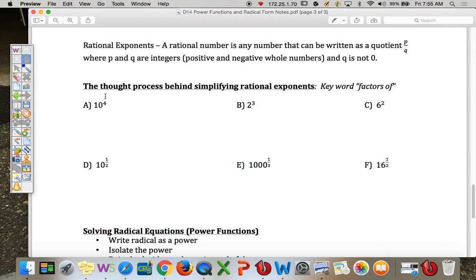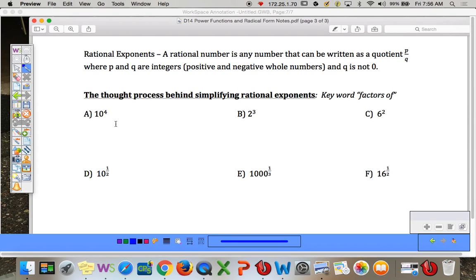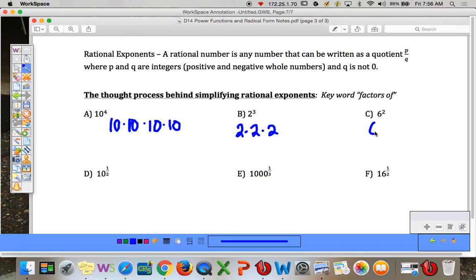Keyword, think factors of. Okay, so what is 10 to the 4th? That is 10 times 10 times 10 times 10. What's 2 to the 3rd? That's 2 times 2 times 2. And 6 squared is 6 times 6. But when we have 10 to the 1/2,